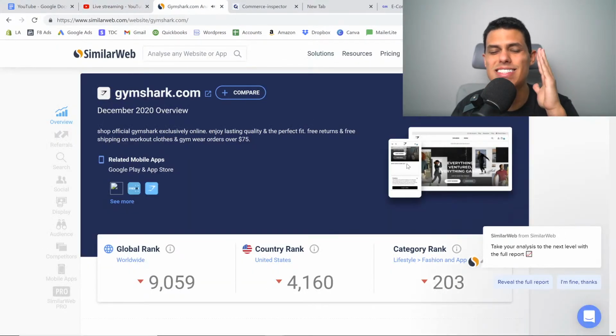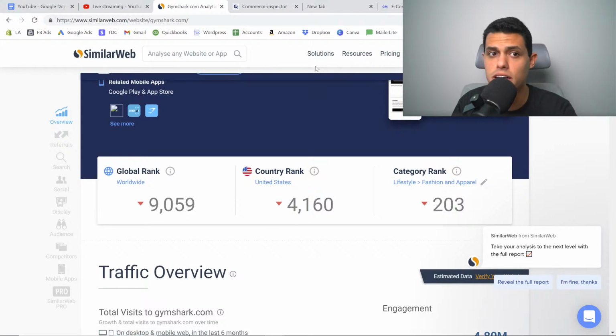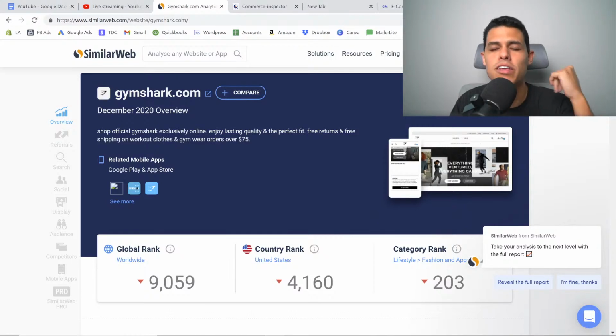Okay, this is amazing to calculate the actual traffic that your competitors are getting and all of this, and then from the traffic you can multiply around 2 to 3% conversion rate, so you will know exactly what's going on regarding the revenue aspect. Usually you see the global rank, the country rank and the category rank. Okay, this is completely free. Again, you go to SimilarWeb.com and then you put the URL of your competitor